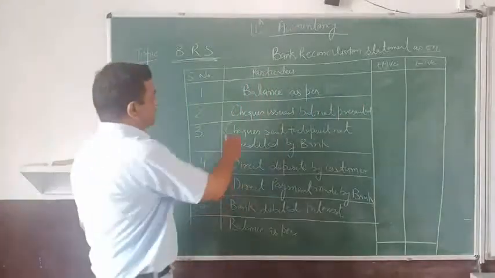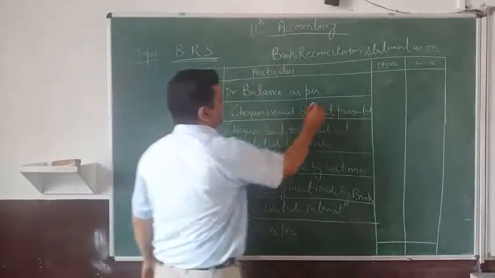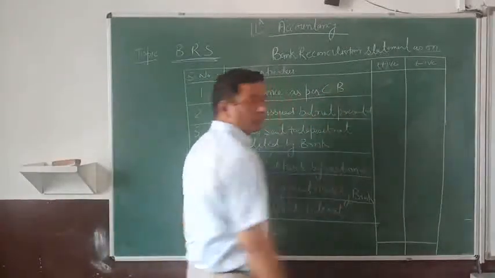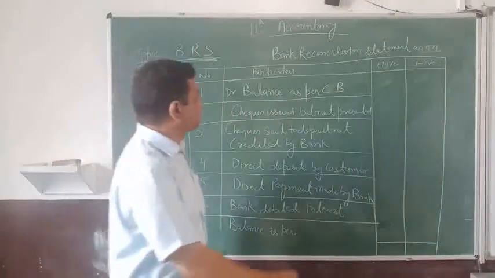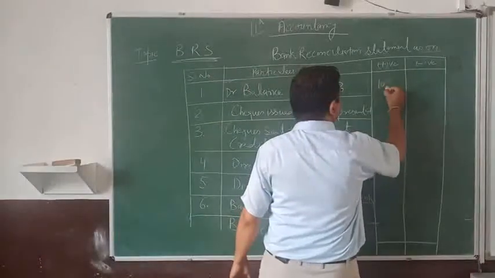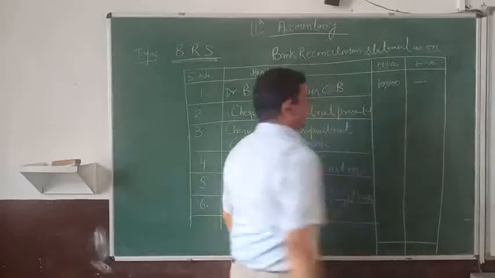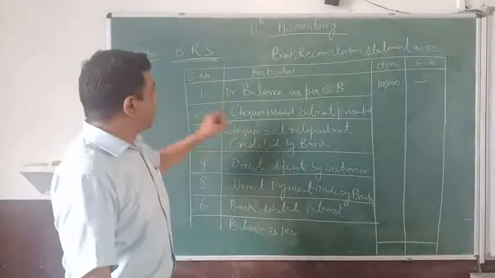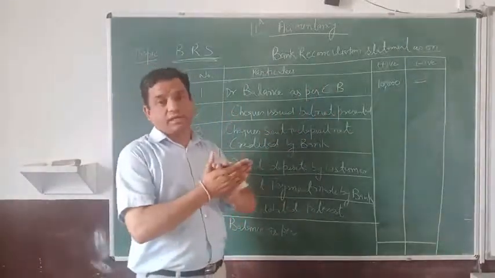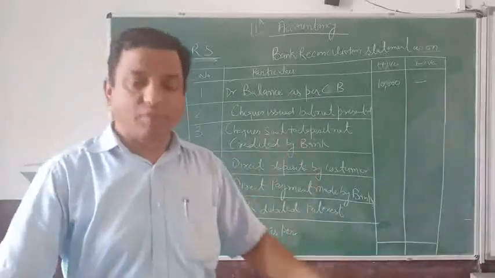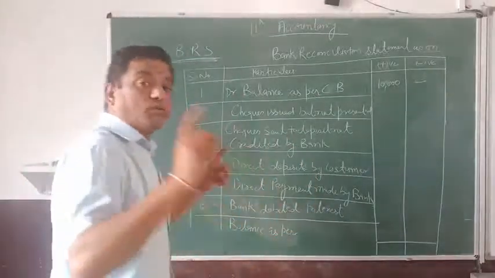Suppose I have started the question with debit balance of cash book. Debit balance of cash book should be on the positive side, 10,000. Right? Now, before doing the next thing, what you have to do, you have to see this